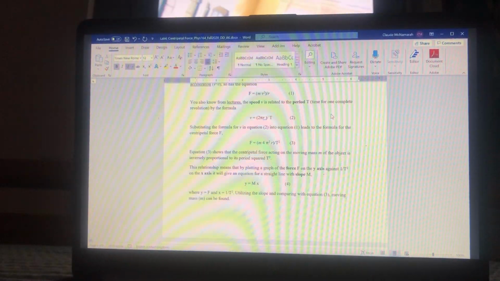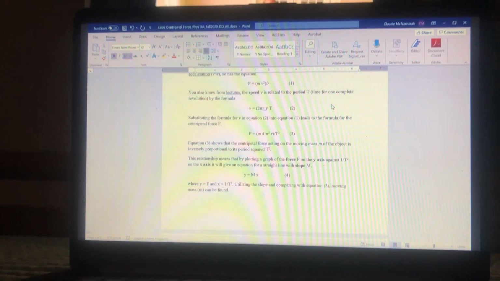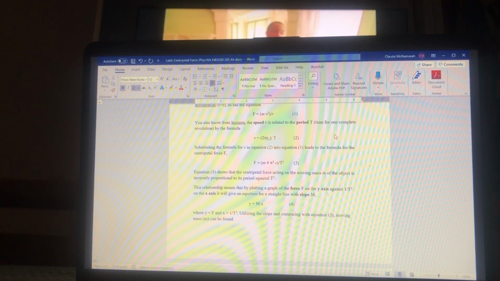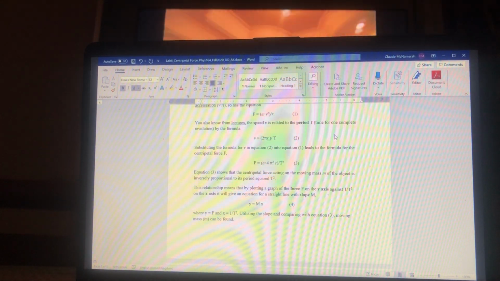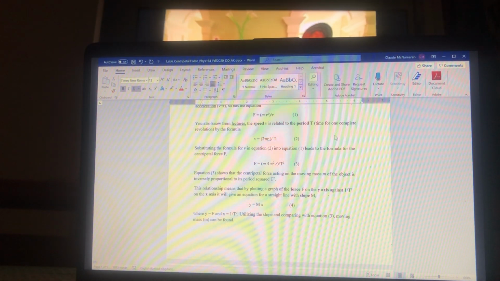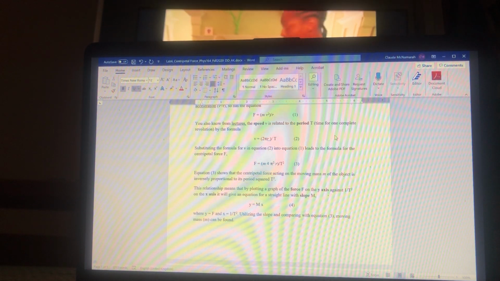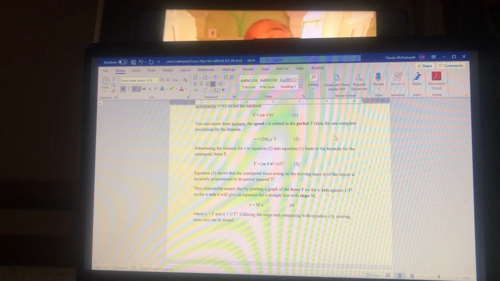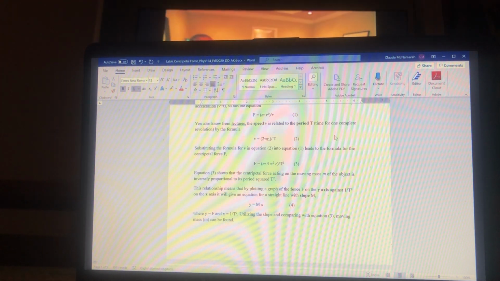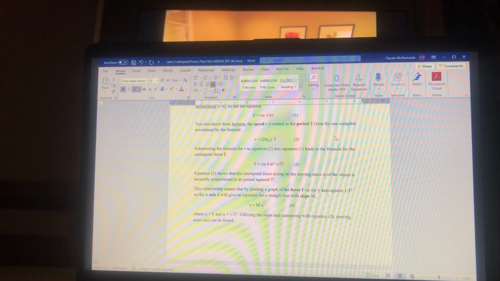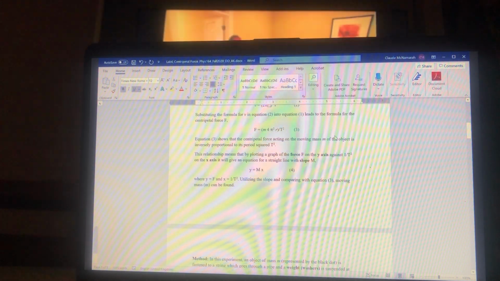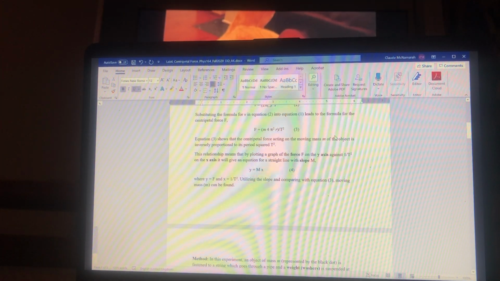This relationship means that by plotting a graph of the force F on the y-axis, the vertical axis, against 1 over T squared, not 1 over T, not against T, but 1 over T squared on the x-axis, it will give the equation of a straight line graph. And the equation of a straight line graph is y is equal to Mx, and we're going to use a big M here to distinguish it from the small m, which is the mass of the object. Well, we know plus c, but there's no c in this case. So y is the F, and x is going to be